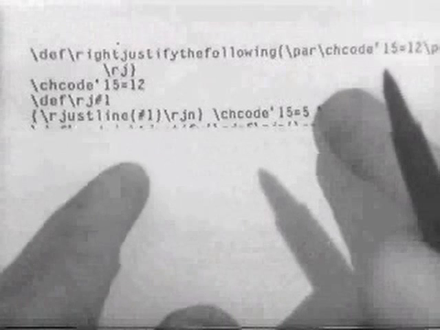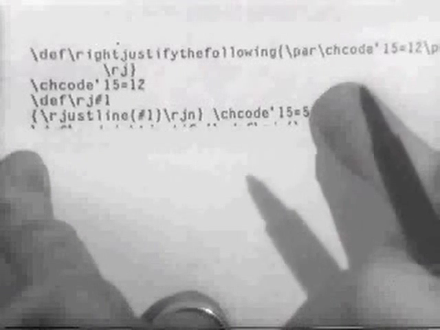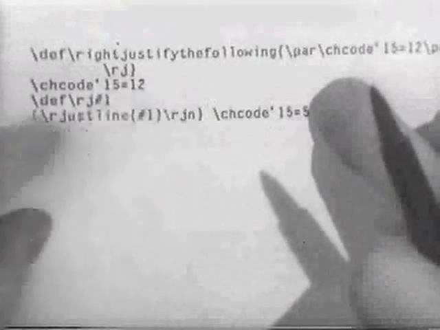Otherwise I get things like undefined control sequence. I don't know. It'll start getting carriage returns in my output file, yes. And I forget what character they are. Yeah, you've done that. Okay, so I had to temporarily change the code of 15 while I was defining this